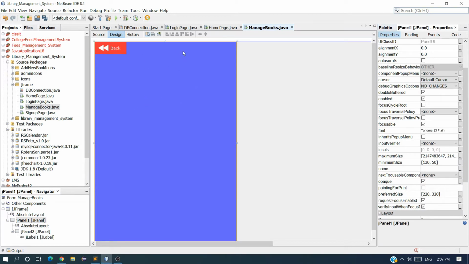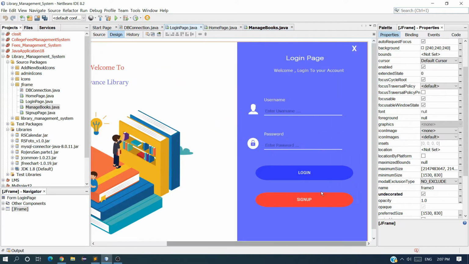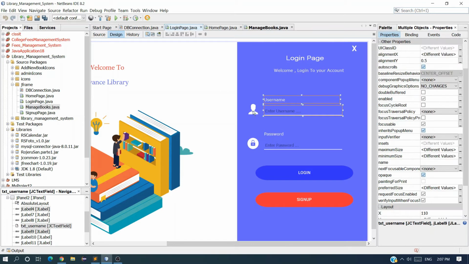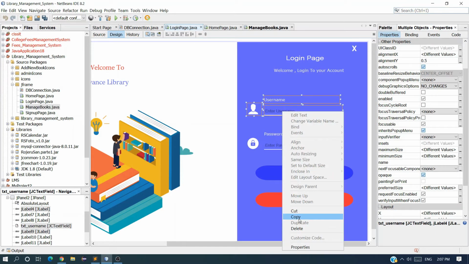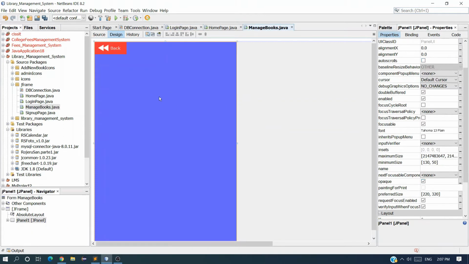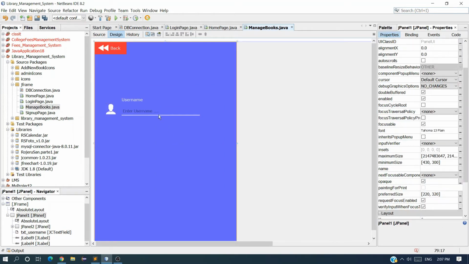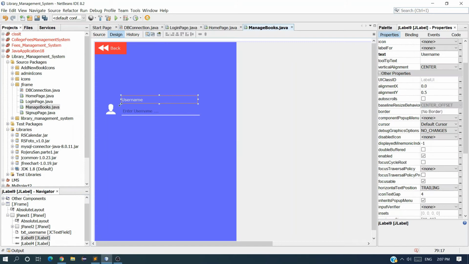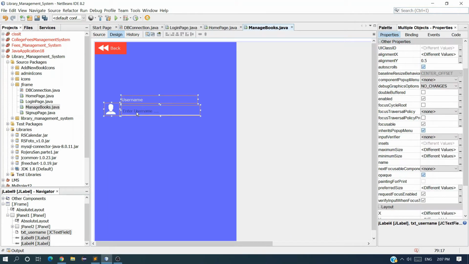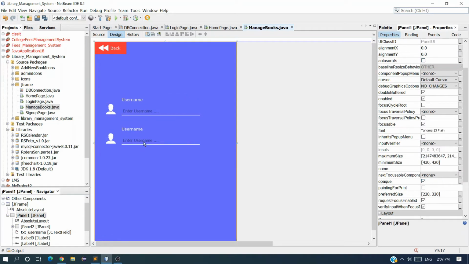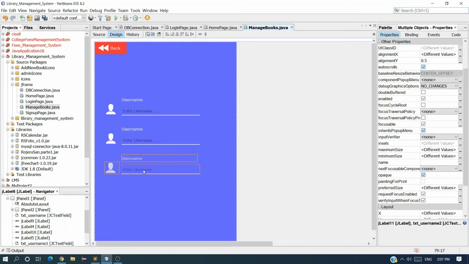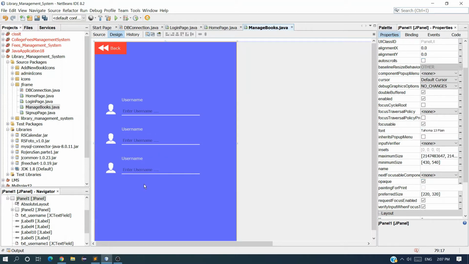What I want here is text fields to get the book details. So go to the login page, we have already created the text field, just copy it, Control C, and you can also design here, but I have already created it, so I just want to copy, so paste. Now I got this, and similarly I want 4 fields, so just copy one more time, Control V, a little bit down, one more time, Control C, Control V, one more time,